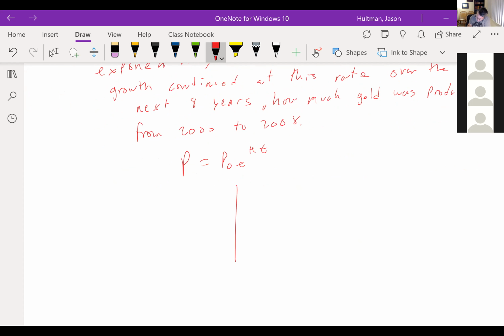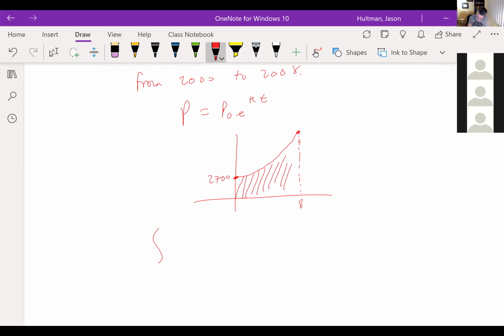See, we don't want the amount at 8 years. It's saying that at time zero, we're doing 2,700 tons. But then we're saying it's going to grow exponentially, and then we're going to be at some amount after 8 years, at T equals 8. Well, I want the accumulated amount, not just the amount at 8. Does that make sense? So that means I'm going to have to do my integral from 0 to